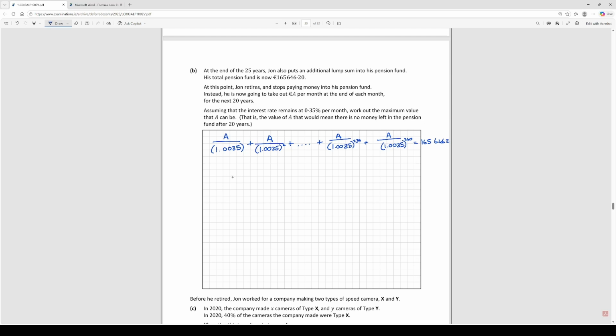165,646.2. Now what we would do again is we make another sequences and series where we say A is the first one. That's a point, don't judge me. It would be that. R is, you're not going to be happy about this, 1 over 1.0035. And then N would be 240. And again, you'd still use that formula like so, but there's a twist to it. I didn't give myself a lot of room here. That's an N, 1 minus R. This guy over here is the Sn. So it would end up being